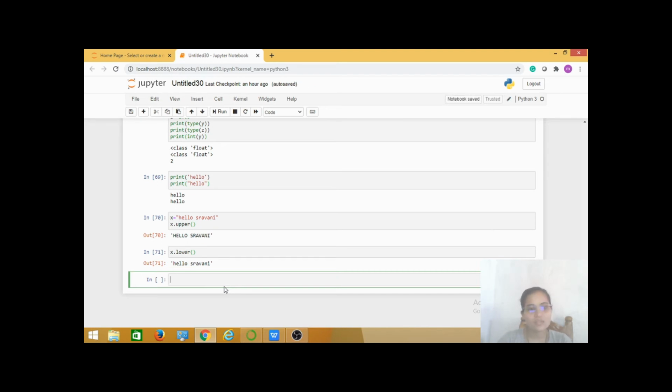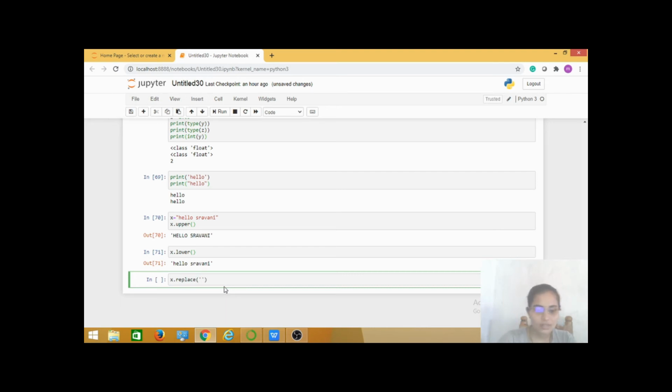If I want to replace part of a string with another string, that is also possible here. For that, I can use the replace function, so x dot replace. Here I want to replace h with c.